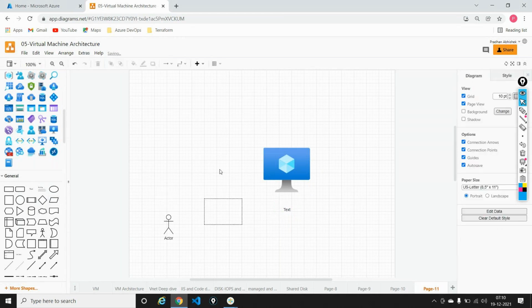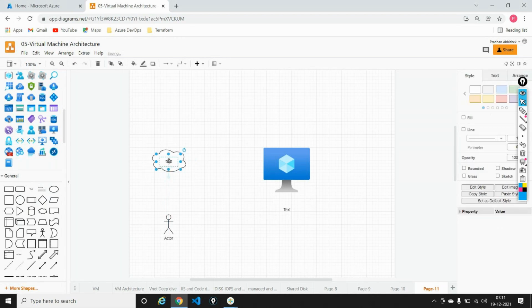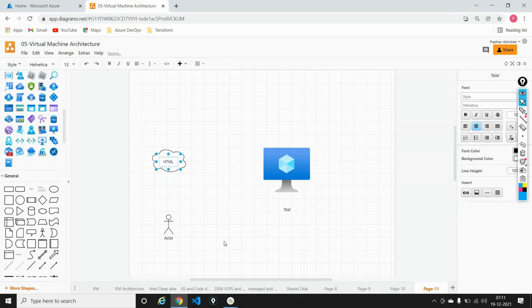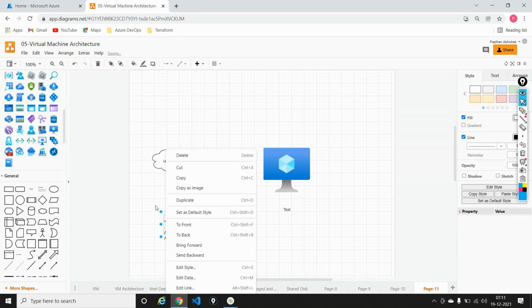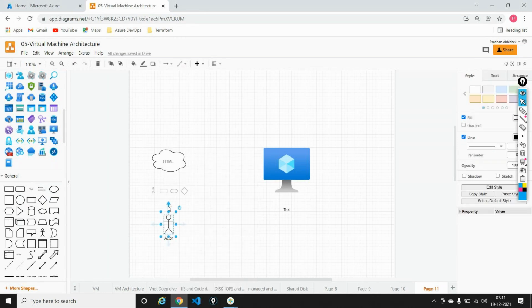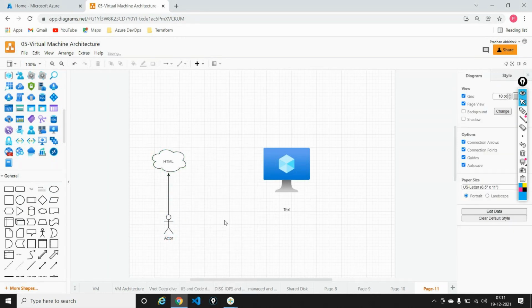Rather, what is happening right now is that I have a developer who's writing a code. I've asked him to write a code in a language like HTML, something basic. So he said, okay, fine, I'm writing a code in HTML. Now, this code I need to make sure is given to the people in the world, because I'm developing an application. Let's say we develop an application called xyz.com, and this application needs to be accessed by millions of people